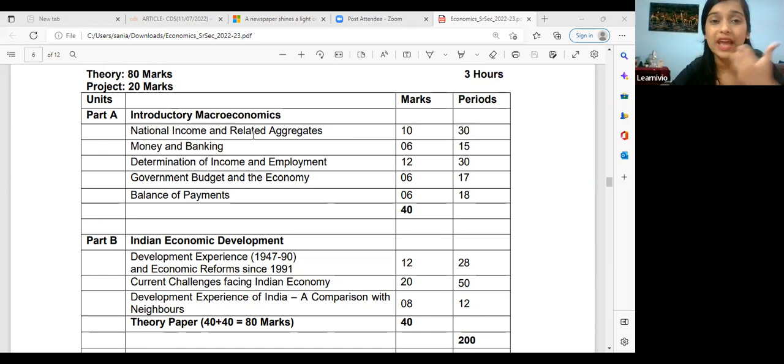But for every chapter there is a different demand. Maybe for national income there is a demand for numericals, maybe in money and banking it's not like that. So we'll discuss it. First is national income and related aggregate. Basically we will be studying how the economies are different and how we calculate the national income. Nation is basically the entire country like India, Pakistan, UAE, Saudi. And national income means how the country is earning, right? So how we will calculate that? According to the related aggregate, we will be calculating it. National income is one of the highest scoring.